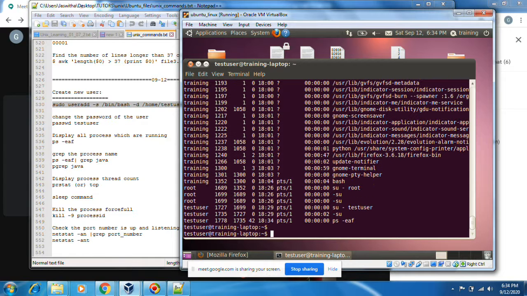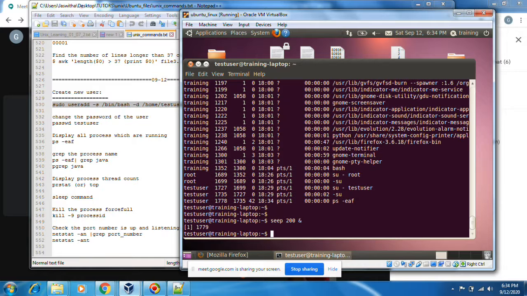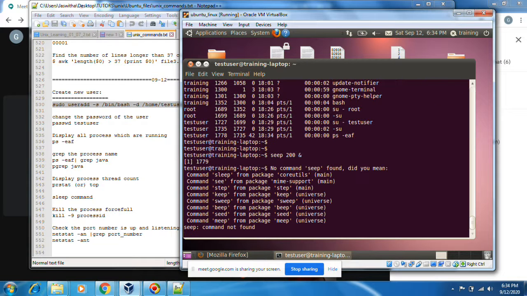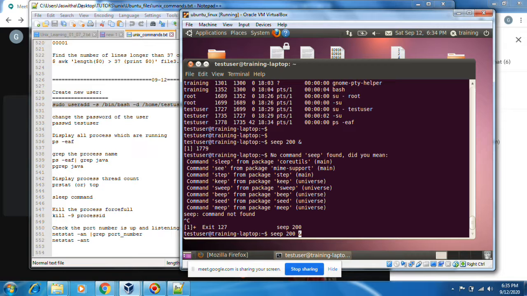Now sleep 200. I'm running this in the background. Okay, this is the process ID. Let's see. Sleep command. Oh no, sorry, L is not printed.